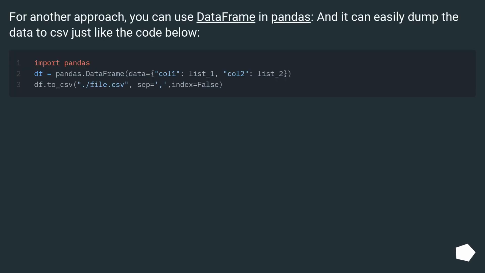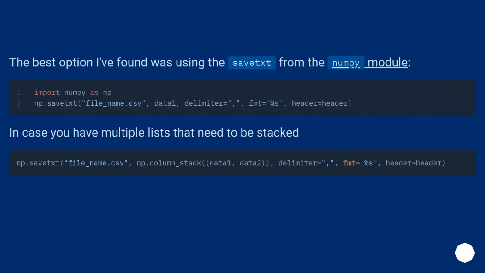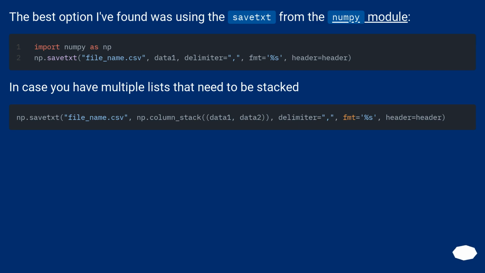For another approach, you can use DataFrame in Pandas, and it can easily dump the data to CSV just like the code below. The best option I've found was using the savetxt from the NumPy module. In case you have multiple lists that need to be stacked,